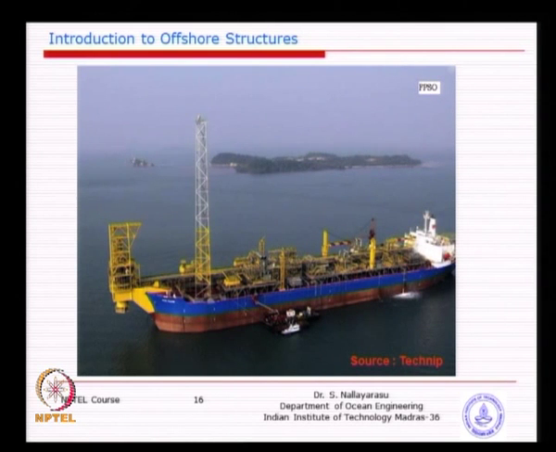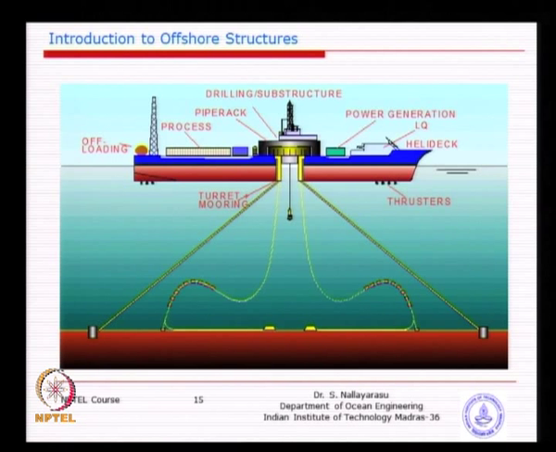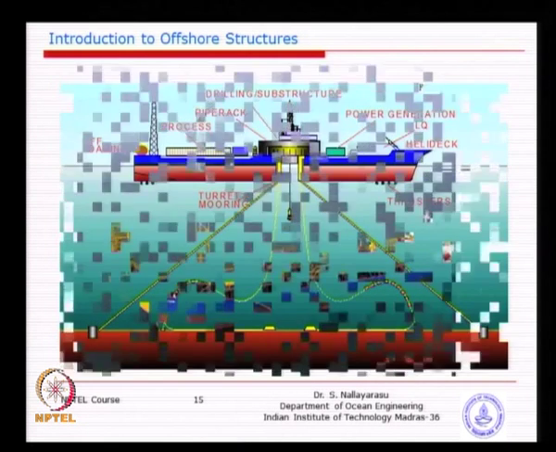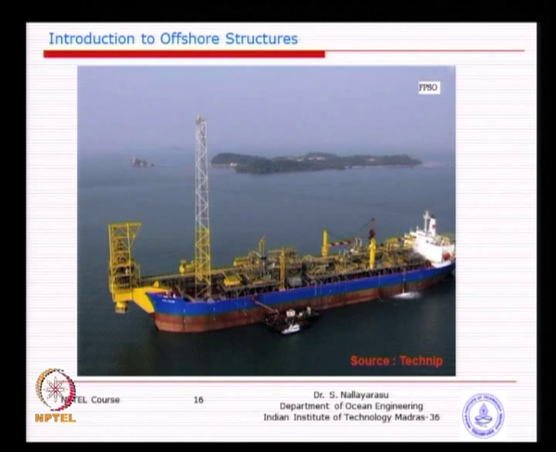So, the meaning of turret is holding the ship at a particular location, at the same time relieving the load by allowing the rotation of the ship about the axis of the turret. You got the idea, simple idea, no? So, this is an internal turret, this is called an external turret, because the turret is located at one end, most of the time in the stern end. Sometimes you can see it slightly inside also, instead of exactly outside.